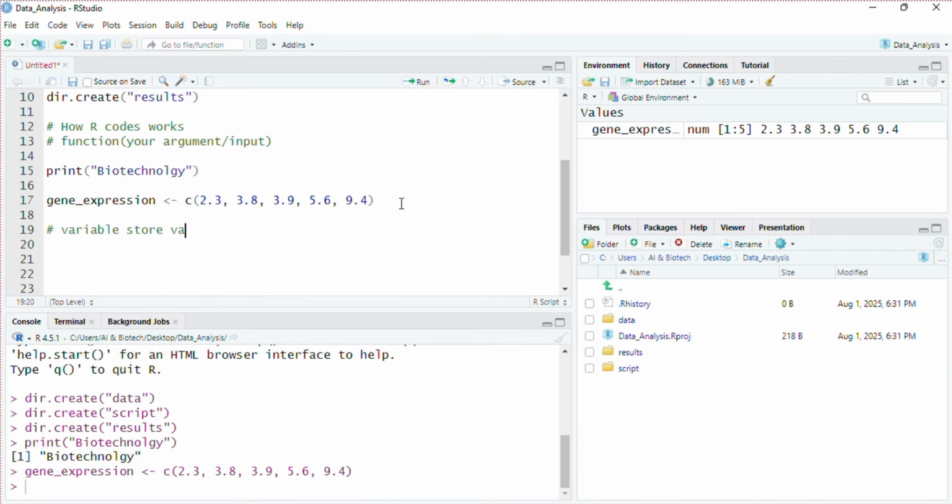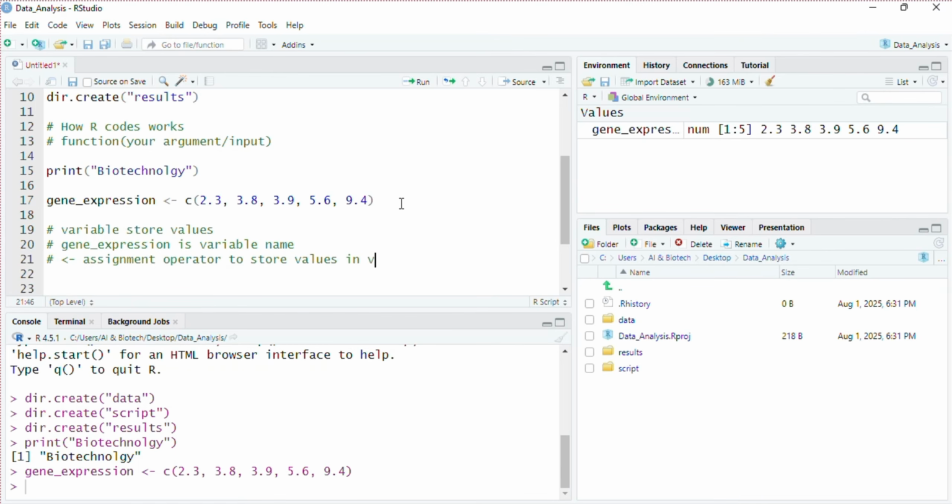So when we create a variable, this is what we are creating: a variable. This gene expression is the variable name, and this less than and dash sign is called an assignment operator, which is used to store this value within the gene expression variable.